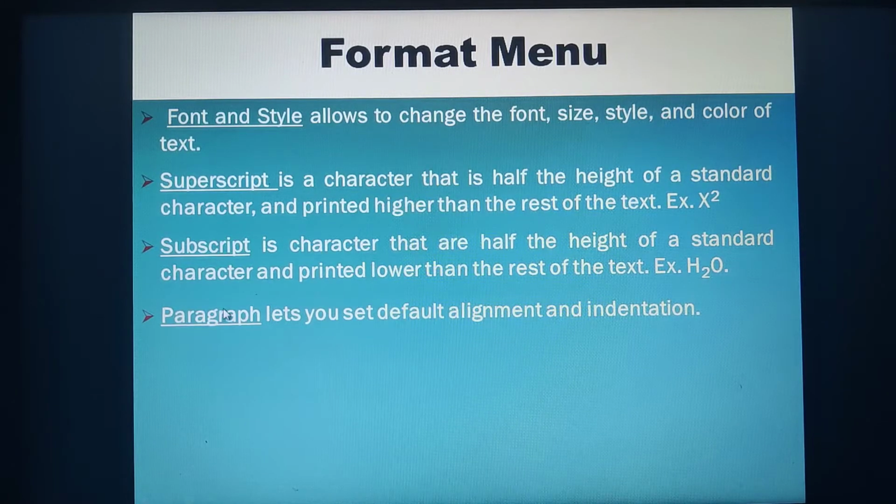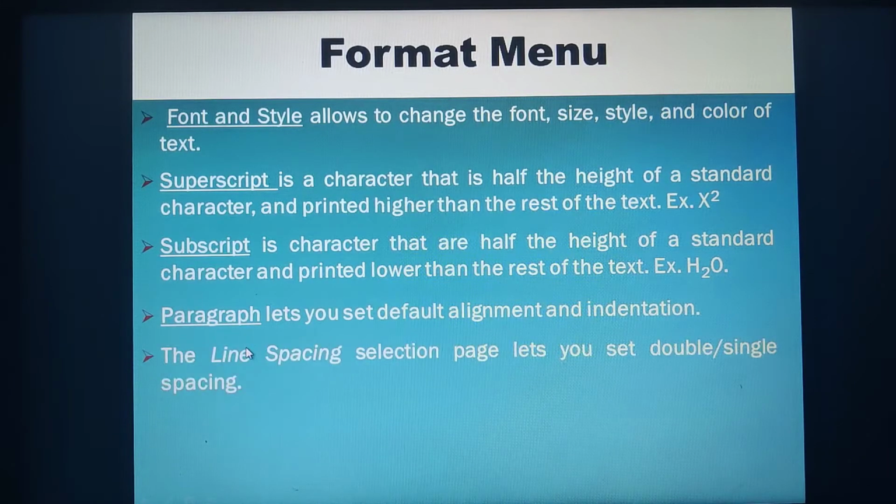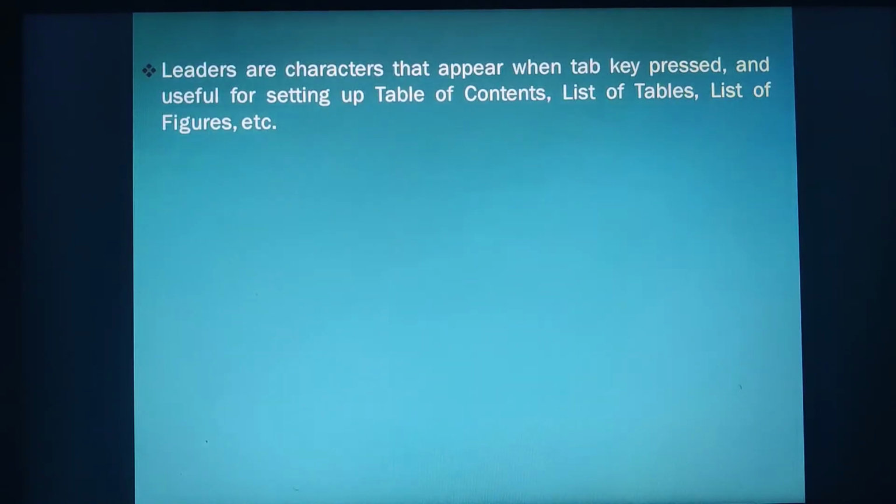All those options we can see under the option that is paragraph. Next we have the line spacing. As I discussed, it will allow you to have a double or single line spacing between the lines in the paragraph.